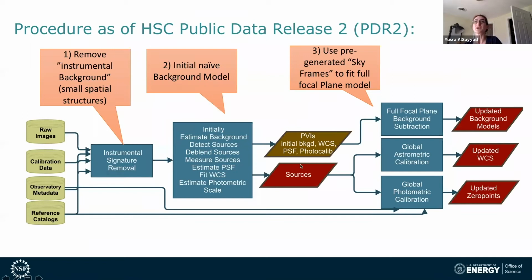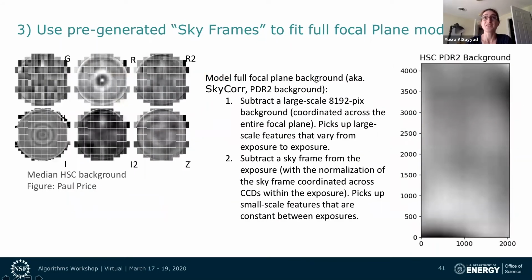But those are not the images that we co-add. Before co-addition, we also do a full focal plane background subtraction. The way this works is you first pre-compute sky frames. These are kind of like Gary's robust PCA components, except they're only one component. It's only the first component. It's a median of all the normalized focal plane skies for that particular filter. So we pre-create those, hold them back, and then for a single focal plane,